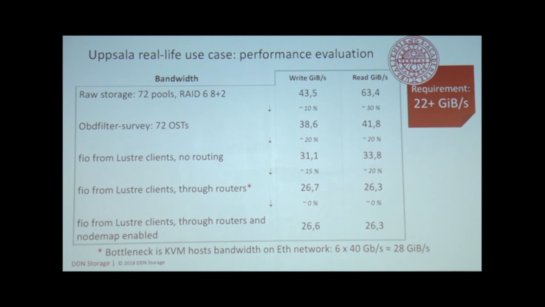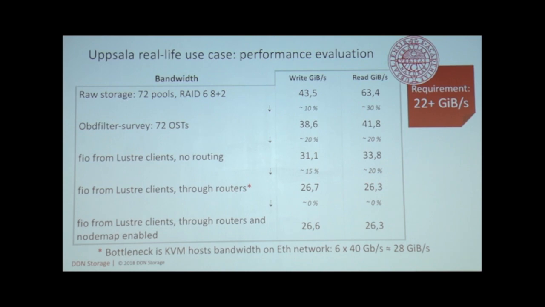Okay, so let's move on and talk about performance. As a reminder, the performance requirement is 24 gigabytes per second, so it means 22.3 gigabytes per second. All numbers here are in gigabytes. We wanted to see what was the impact of every layer we would add in order to come to the proposed solution. So I will not detail every number on this slide,